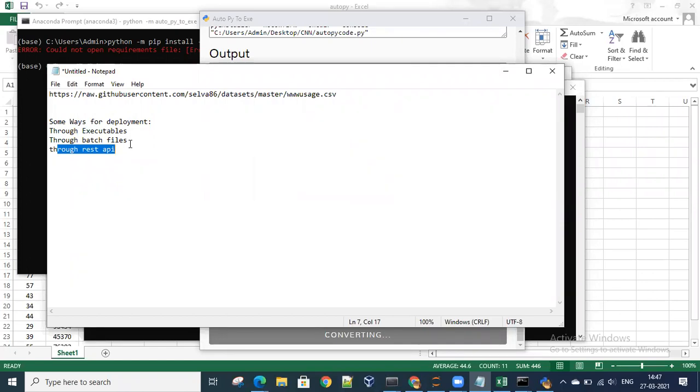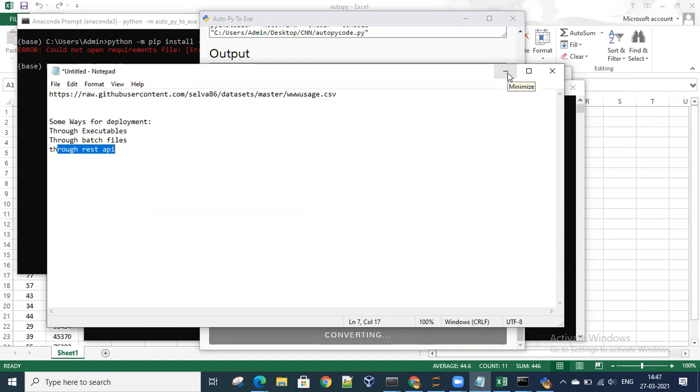Executables are what is basically suggested whenever we are making a small system kind of a thing. REST API and all these APIs come into consideration when we are calling it through get function, set function, and posting it or getting it on websites. That's what we normally do. For creating an API as well, we have a library with the help of which the API can be created.